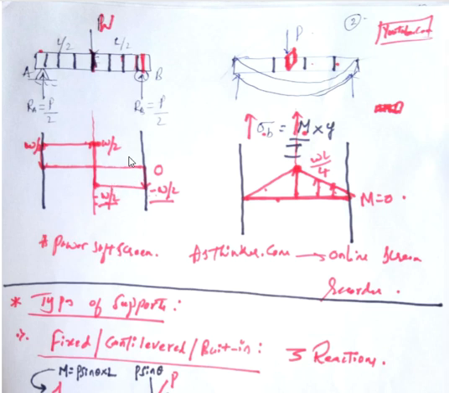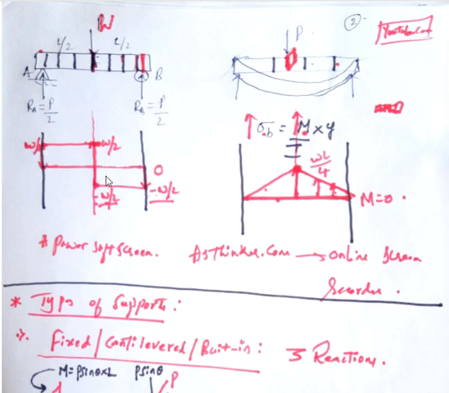Now if you look at this diagram, you can see that at this cross section, the value of shear force is minus W by 2. How we got this value? Don't worry about it right now. Okay, we can discuss it later. Then from here up to this point, the value remains constant, that is minus W by 2. But as soon as we come to this cross section, then again the shear force value changes from minus W by 2 to plus W by 2. Then again from here it goes on up to this cross section at constant value, that is W by 2. Then from here it comes to 0.